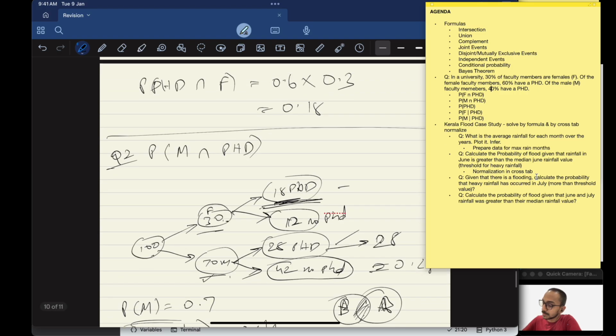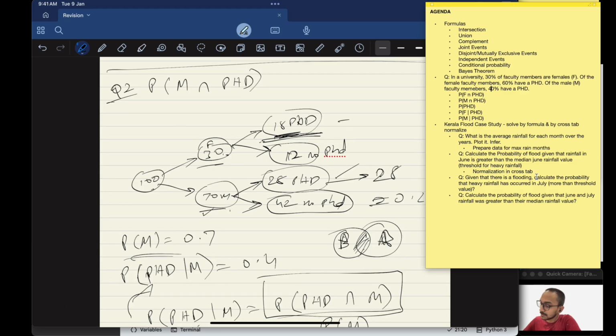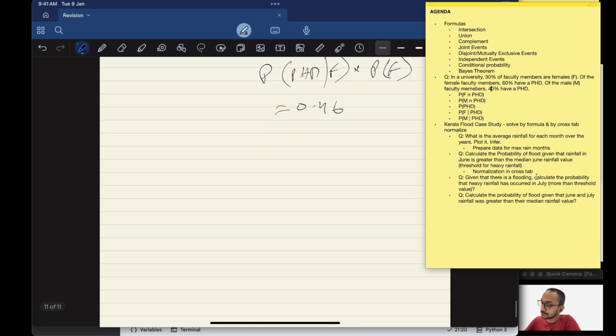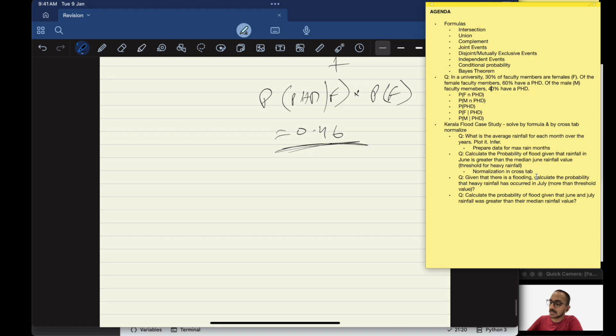We can see this by the tree as well. The number of male PhDs is 28, female is 18. So 18 plus 28, 46, right? That's all there is to it. Then